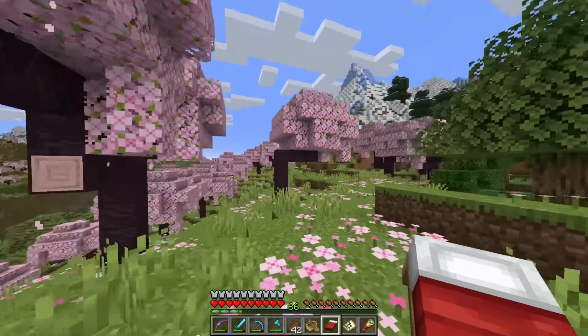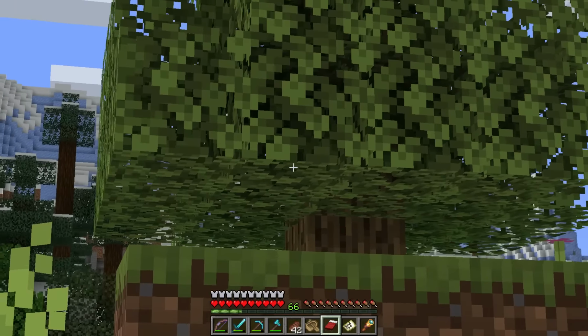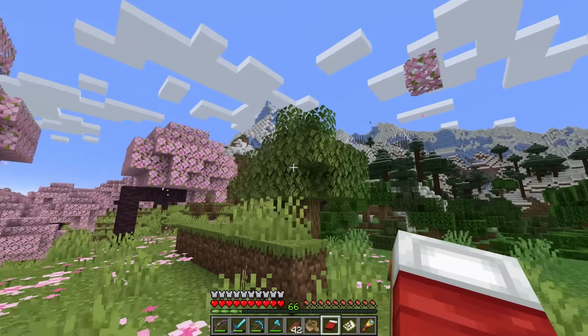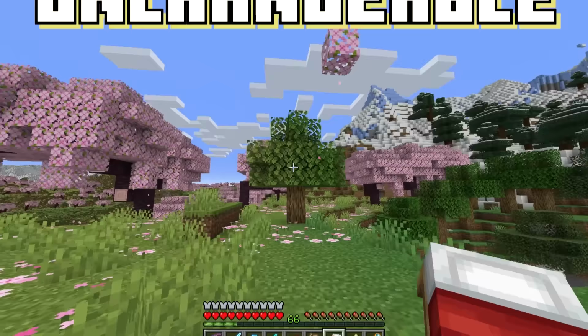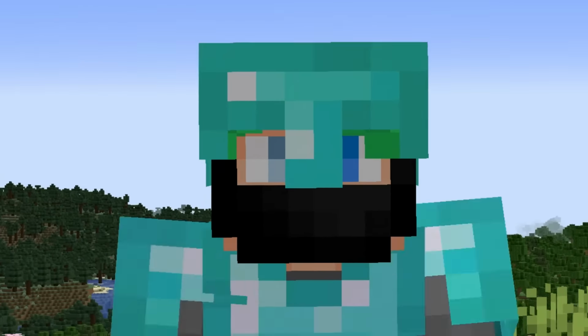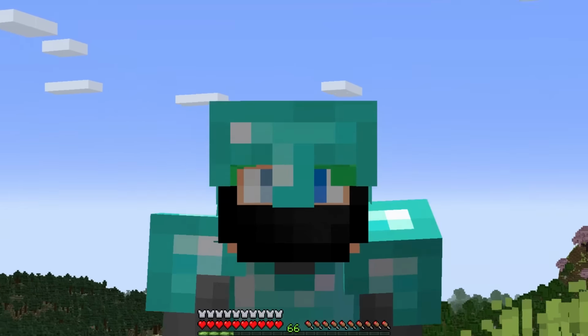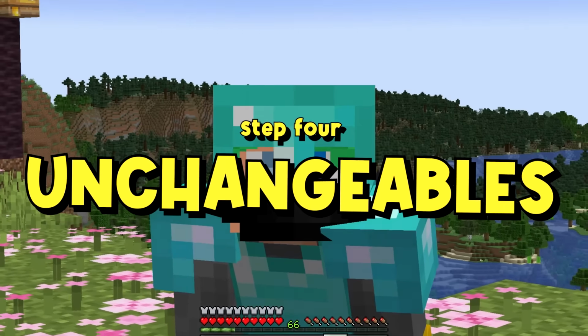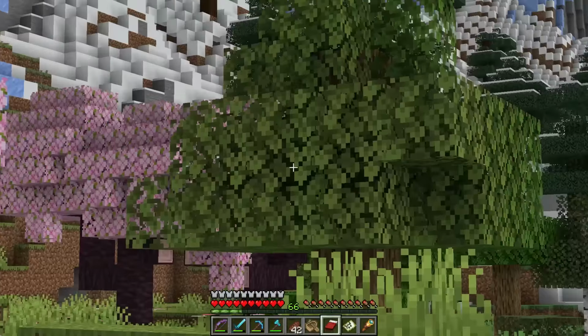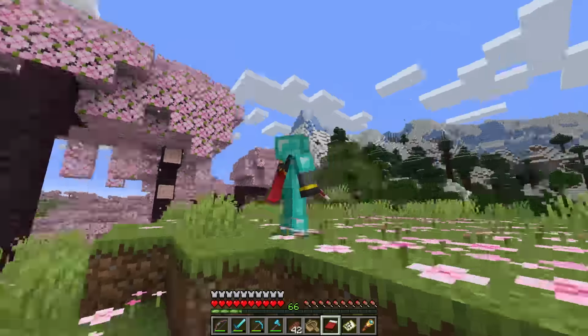But the cherry blossom biome, check this out. The oak tree has grown into the cherry blossom a little bit, and the leaf color. You can see a beautiful thing here. The leaf color is something that is unchangeable in Minecraft. The final thing that you want to consider when looking for a base location is something that I would like to call the unchangeables. We're talking watercolor, we're talking grass color, we're talking specific type of leaf color like oak trees, and maybe even future